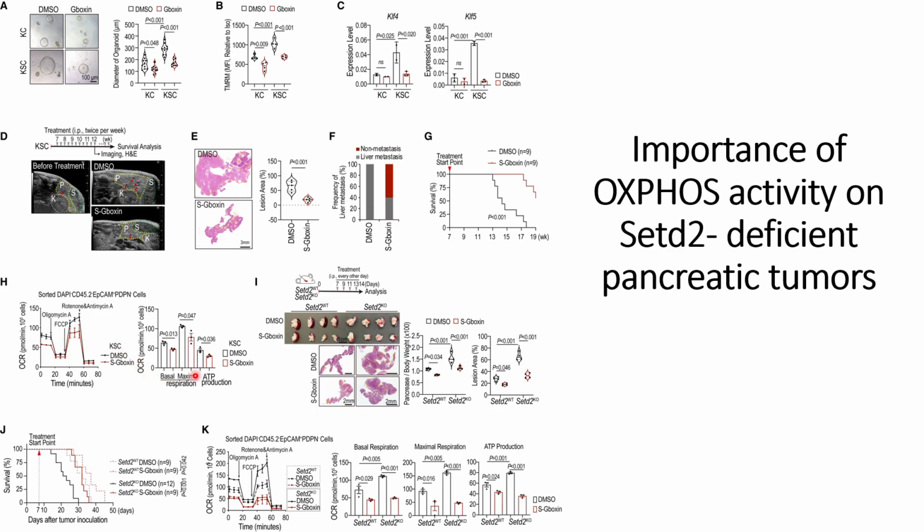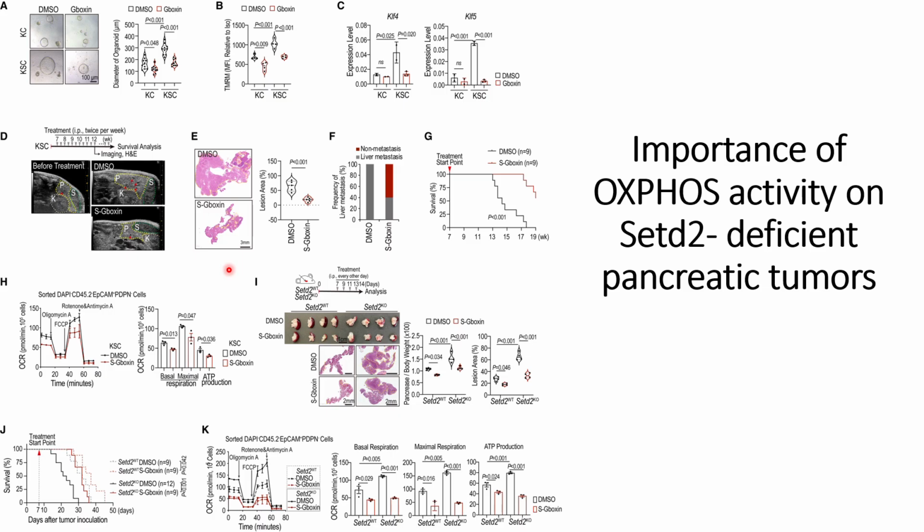And they have checked these things for different factors such as ATP production and basal and maximum respiration. For all three cases, they see the results are statistically significant. That is, it goes down when SG-boxin is used. And then after validating that this treatment, this OXPHOS inhibition, can increase the survival rate and also reduce the oxygen consumption rate, they